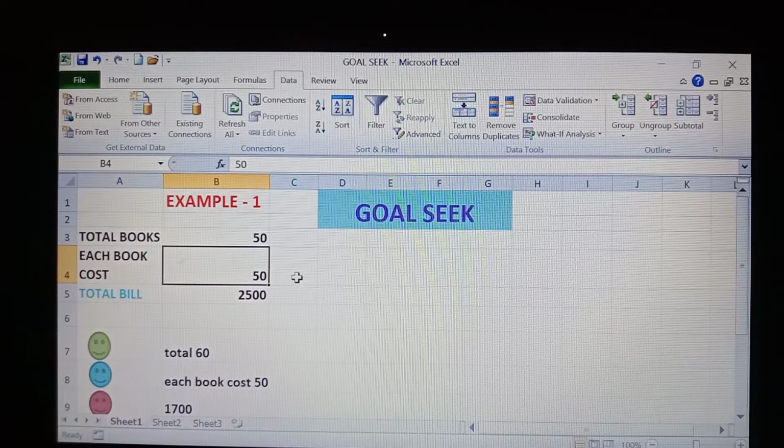If I give 1700 rupees to you, how many books will I get? He is asking for the total number of books. For scenarios like these, we have to use goal seek.